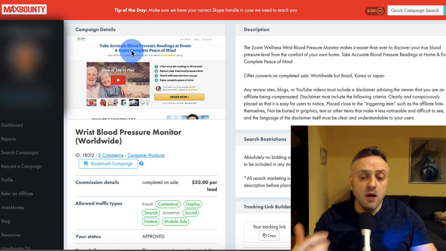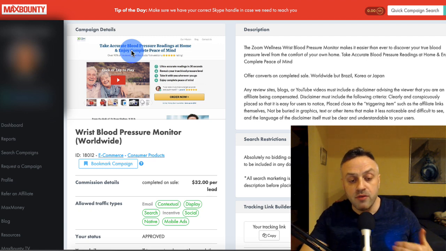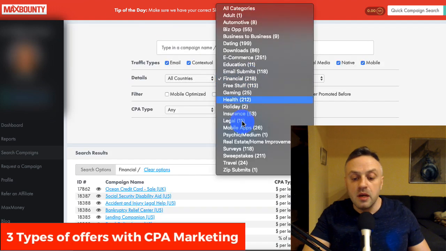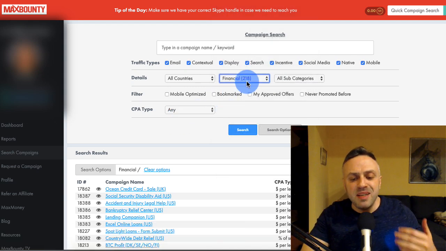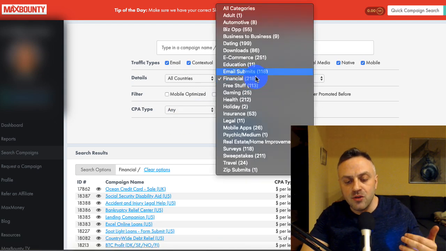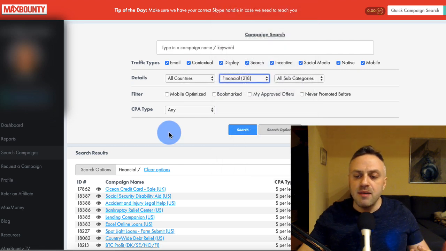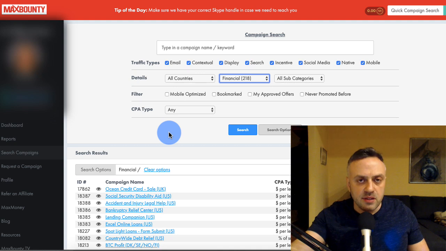And so now that you understand that there are primarily three kinds of offers on MaxBounty or another CPA network, you have these low-end offers. These are sweepstakes, email submits, zip submits, things like that. Then you have these mid-level offers, and these are basically your niche offers. These are your dating, your financial, health. Basically, anytime it's not a survey you have to fill out, you have access to something, but it's not guaranteed it's going to work.